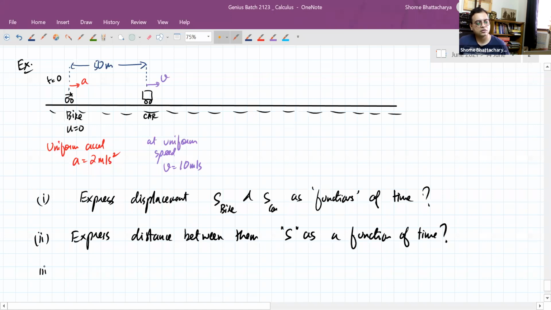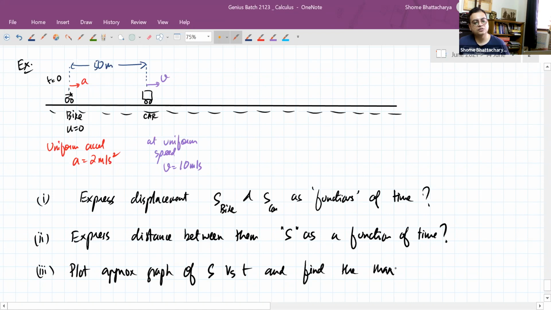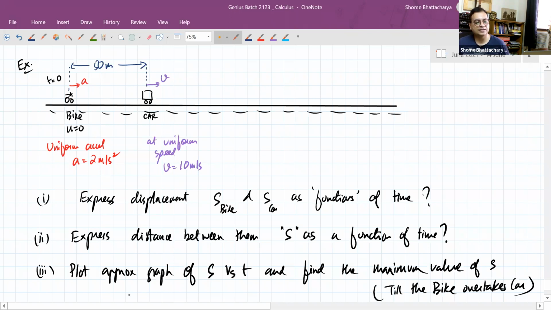And we'll plot the approximate graph of s versus t and find the maximum value of s, till the bike overtakes the car. So we'll analyze this graph and analyze its maximum value only up to that point when the